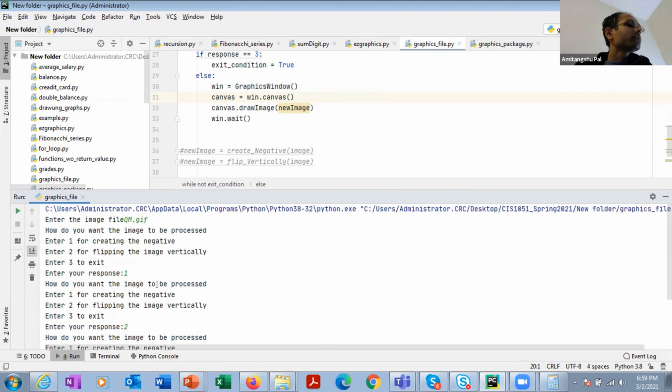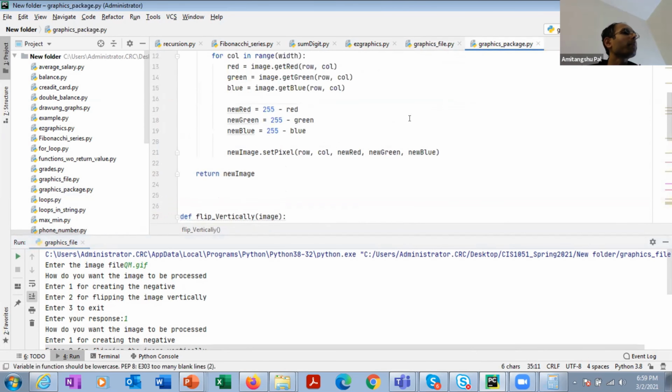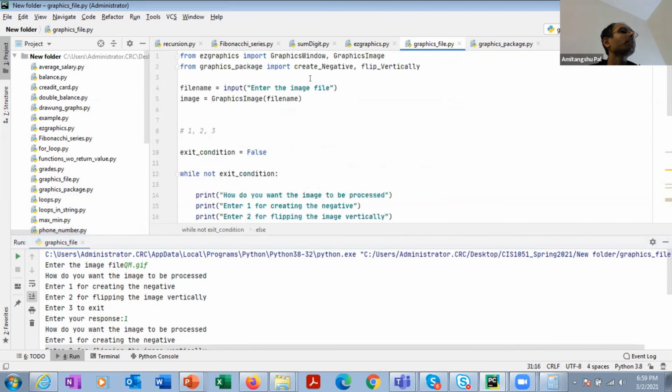All right, so in this way I'm basically trying to make the program more and more interactive. So in this example we have learned a number of different pieces. We have learned how to do basic image processing related stuff. We have learned how to create our own package and then how to import the corresponding functions from that package, which is very important because in future you may need to create your own package and upload it on some web page so that others can download and use it.